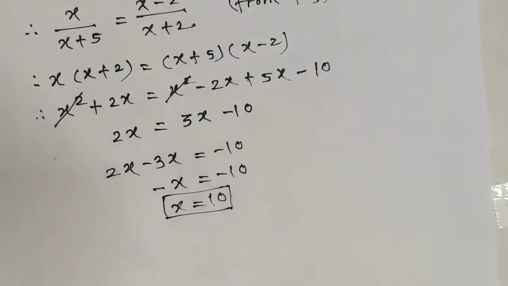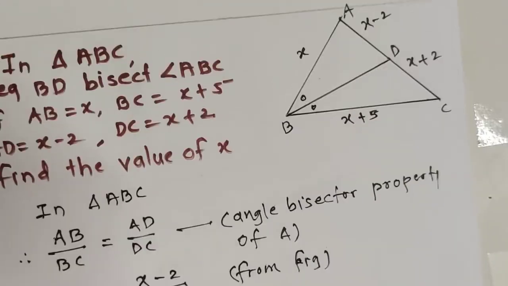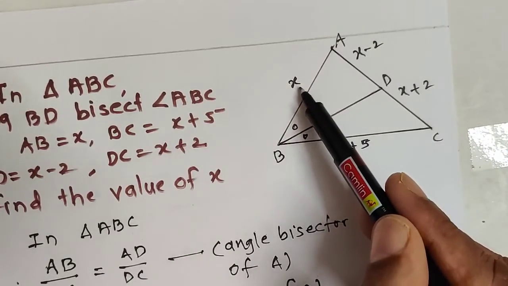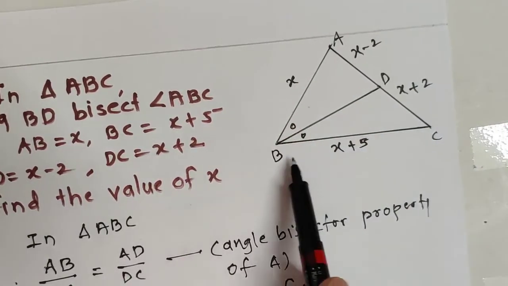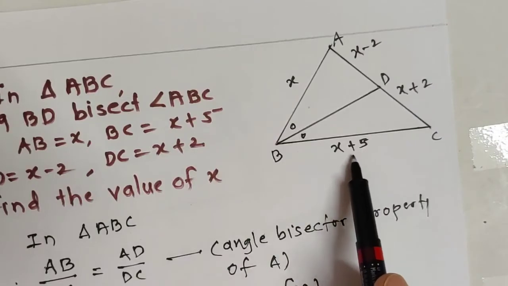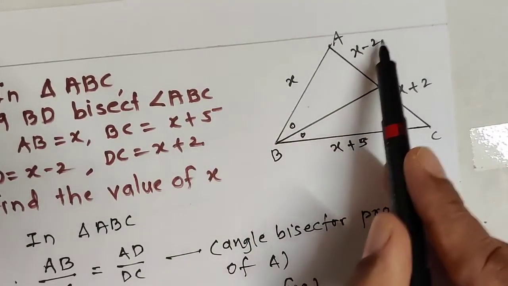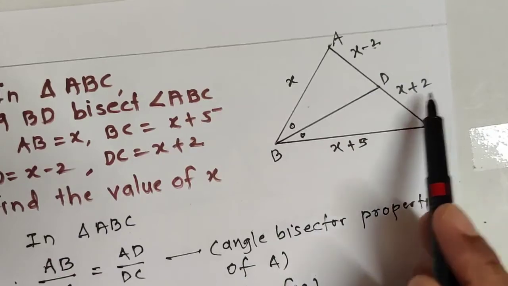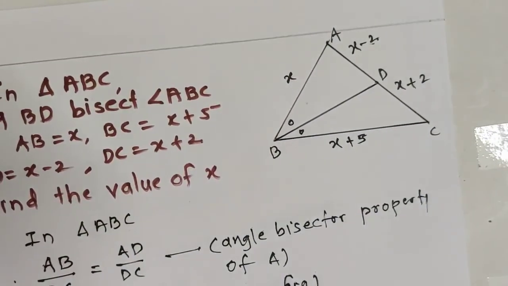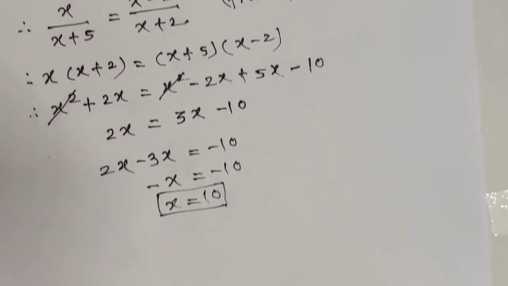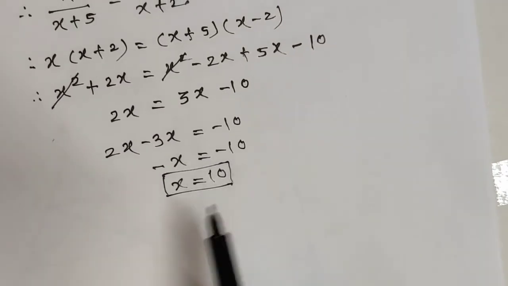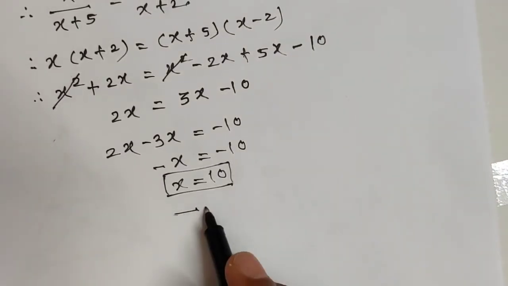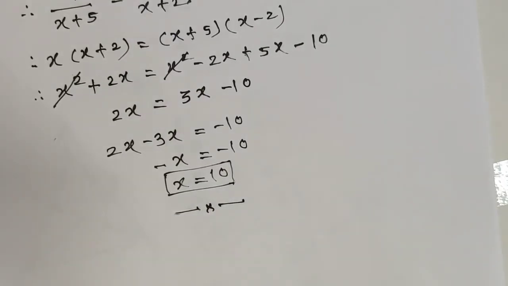We can find the perimeter of that triangle ABC also. Perimeter means find the length of three sides. The additional sum may be asked. Find the perimeter. Substitute the value of x. So AB is equal to x. Here it is x plus 15, it means 10 plus 15. 10 minus 2, 8. 10 plus 2, 12. And then add all this, we get the perimeter. So perimeter may be asked in such sums. So here we get the value of x using that angle bisector property of triangle.